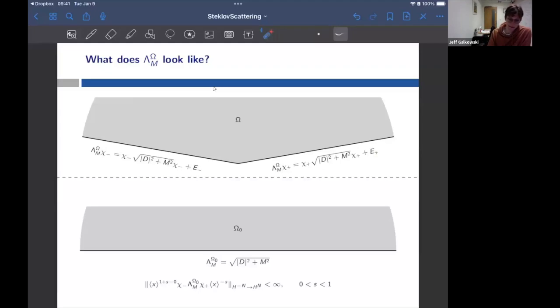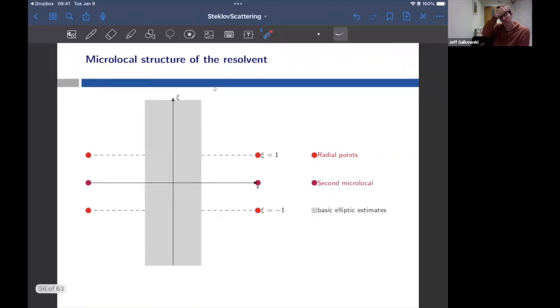And now, once you know that, you're sort of in business because you have a good understanding of what's happening near plus infinity, you have a good understanding of what's happening near minus infinity, so long as you stay away from energy 0. And then, okay, something happens in the middle, which you're not quite sure about, but the only infinity in the middle is the frequency infinity, and this is a nice elliptic operator. So if you want to make a scattering theory, then you've got to find sort of spaces on which everything works. And okay, I'm not going to tell you that much detail about it, but the important place,